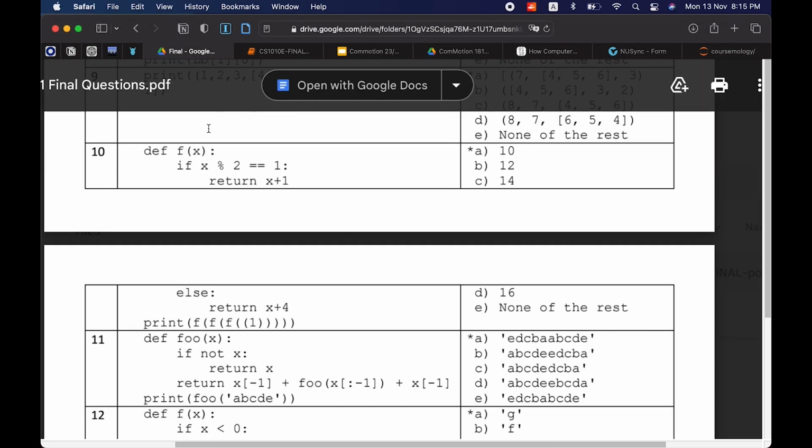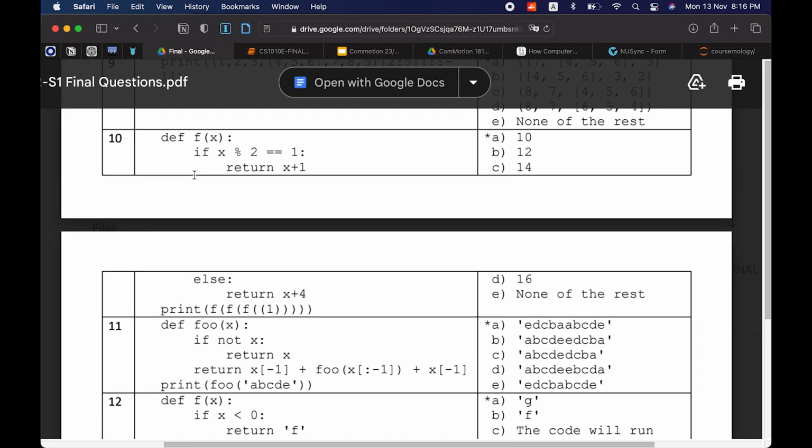Okay, so def f of x modulo 2 is 1. So we have basically a bunch of embedded functions. We pass 1 here, so 1 modulo 2 is indeed 1. And so when you modulo, anything that's here, if it's less than this, it will give simply that number x. So 3 modulo 4 is just 3, 3 modulo 5 is just 3, 5 modulo 10 is just 5.